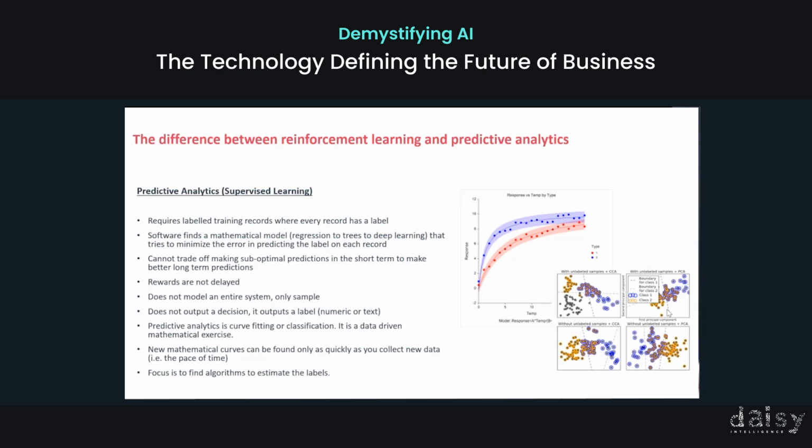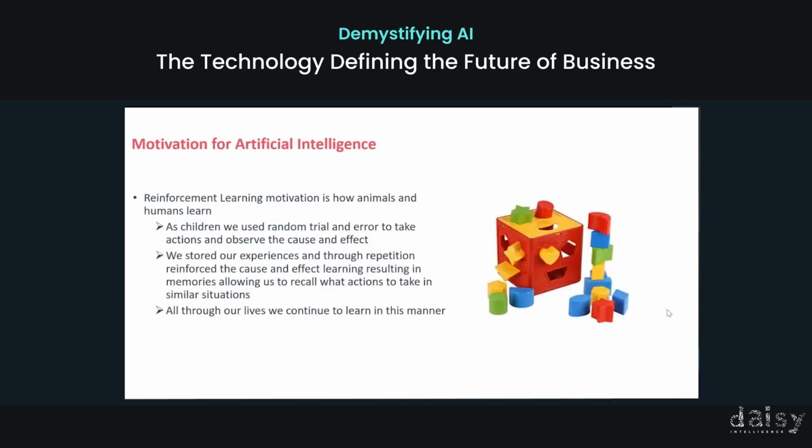So, learning happens at the pace of time, typically, and so you're not learning faster than time because you're having to collect the labels in real time. So it's not like you can learn faster than time. So the focus is really about algorithms and finding labeled training data, hence this kind of sea hunt for data that the whole world is on. And so that's kind of what supervised learning is. And I'll contrast that to reinforcement learning and the motivation behind that.